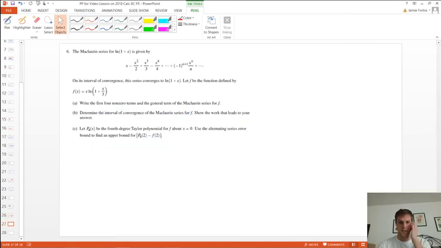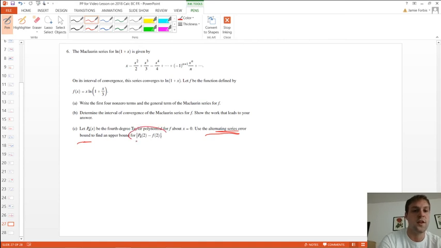And lastly, C, right? Yeah, C. It says let p sub 4 be the fourth degree Taylor polynomial for f about x equals 0. So from part A, it's just going to be those first 3 terms, that term, x squared, x cubed, next to the fourth. It says use the alternating series error bound to find an upper bound for this right here. And all that's saying is the difference between the actual value for what f of 2 is